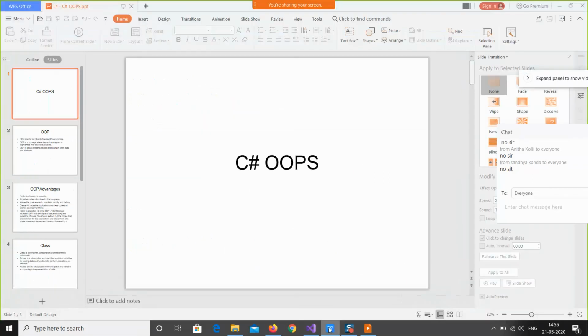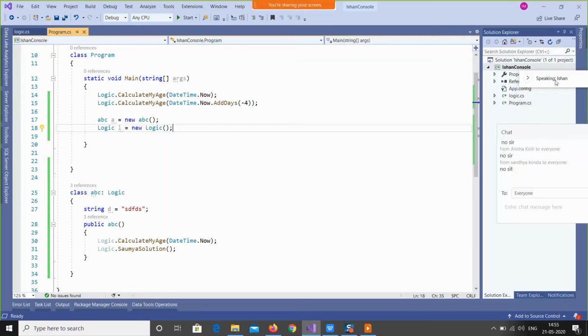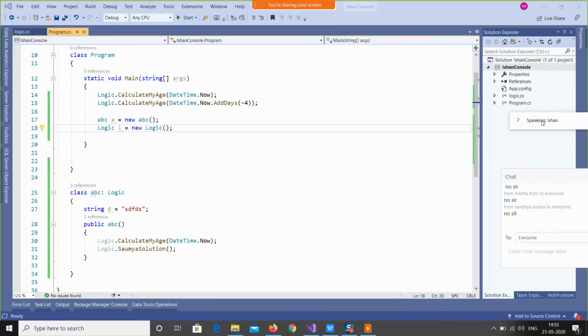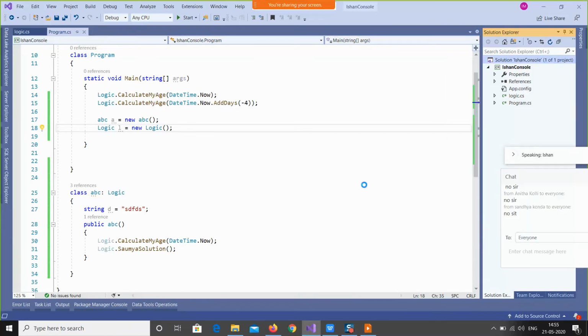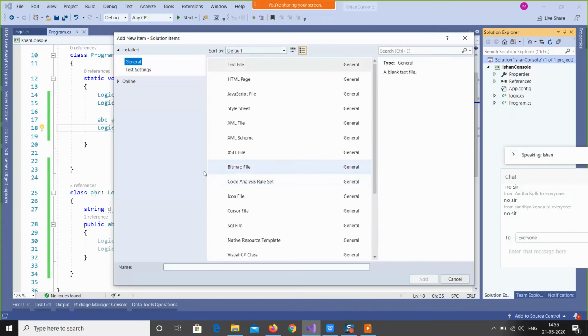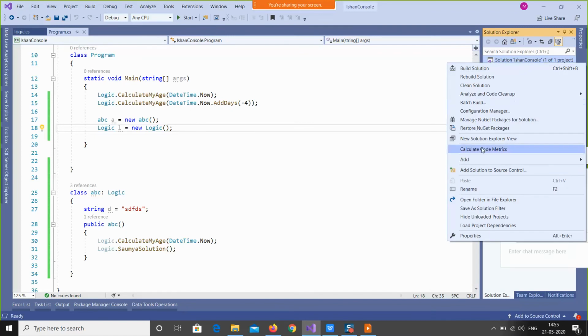So similarly we have two more access modifiers. Internal means I can access this data within this Ishan console project only.